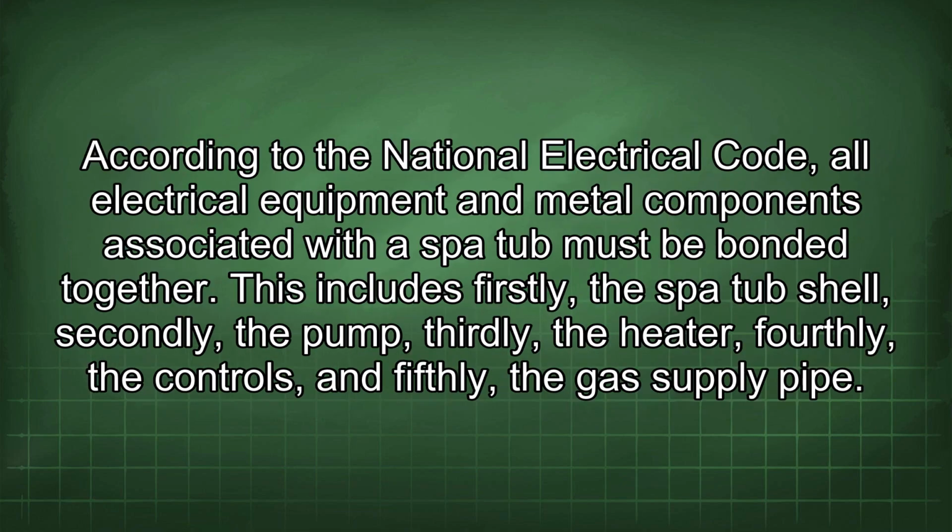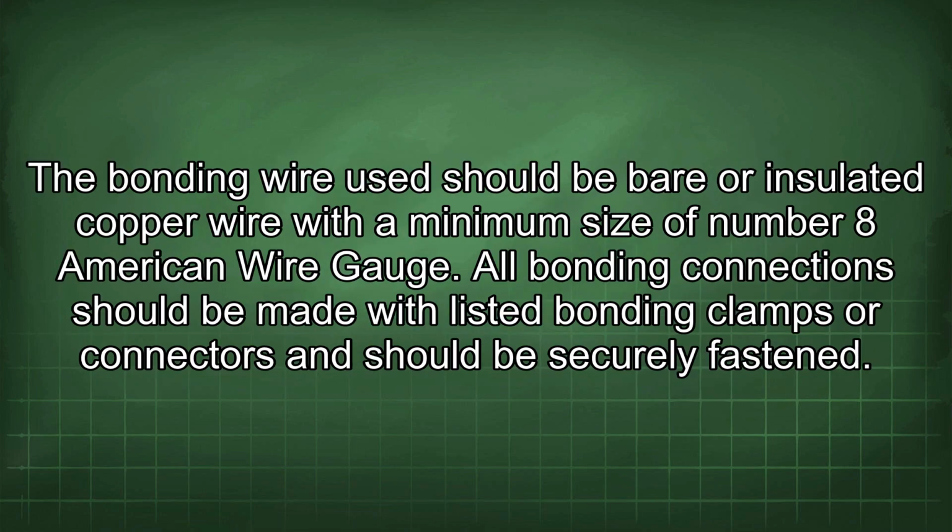According to the National Electrical Code, all electrical equipment and metal components associated with a spot hub must be bonded together. This includes, firstly, the spot hub shell, secondly, the pump, thirdly, the heater, fourthly, the controls, and fifthly, the gas supply pipe. The bonding wire used should be bare or insulated copper wire with a minimum size of number 8 American wire gauge. All bonding connections should be made with listed bonding clamps or connectors and should be securely